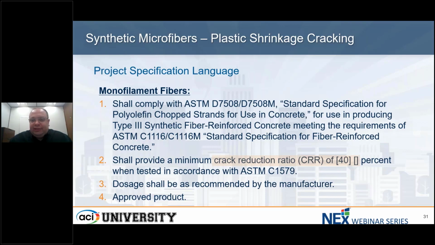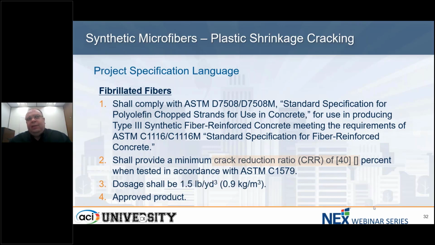And then the dosage is typically recommended by the manufacturer, because the manufacturer should have test data that tells them that 1 pound of their product will reach a value of 90%, for example. So knowing that information, the manufacturer would know what fiber product at what dosage can be used to meet this type of performance requirement for